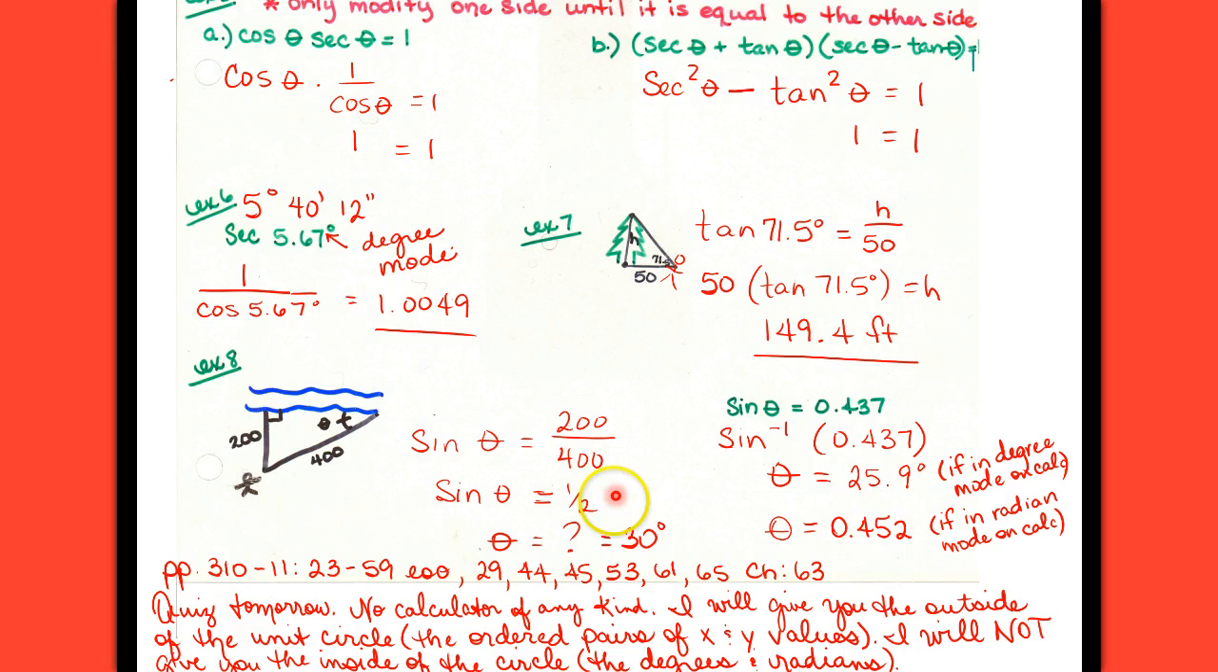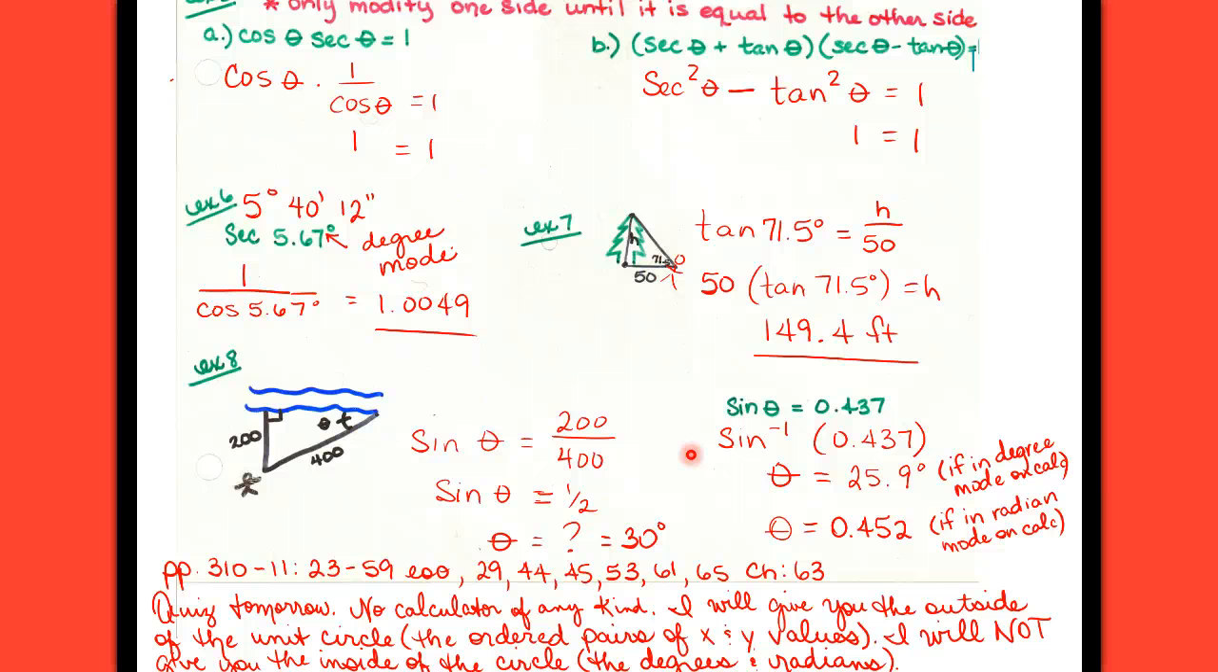Or if it was a problem like this that was a value that you could get off of your unit circle, then yeah, we could go ahead and simplify it down. But if it was something like this that you could not get off the unit circle that you would need a calculator for, then your answer in the multiple choice would just look like this, because that's as far as we can go without a calculator, okay? So no calculator of any kind for your quiz. I will give you the outside of the unit circle, all right? What I mean by that